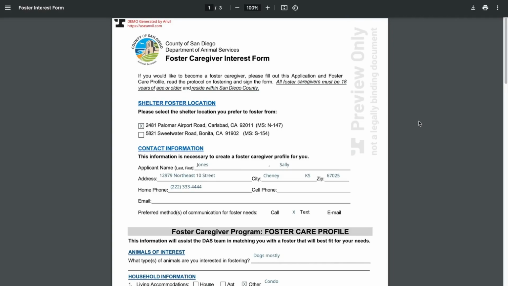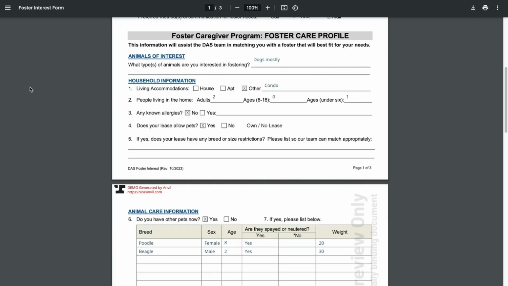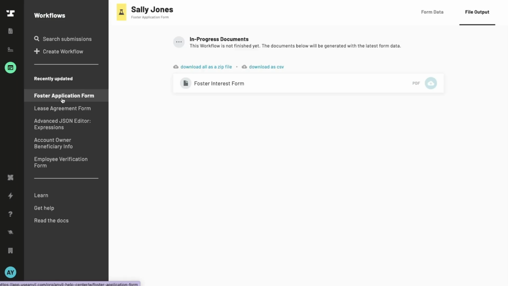This allows me to preview my output document. It will automatically be filled with whatever data was already provided. If I want to tweak anything, I can navigate back to my workflow editor. To do this, first I'll hit the back button on my browser, and I'll click on the name of my